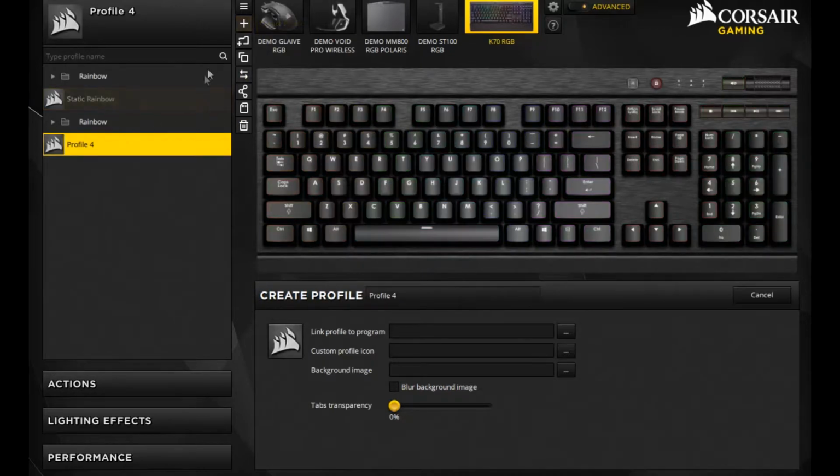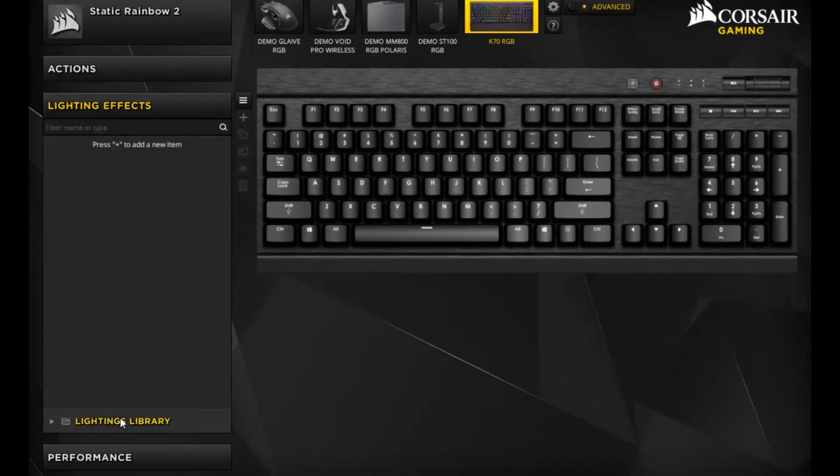So let's start off by making a profile. We're going to call it Static Rainbow 2 because I already have Static Rainbow that I actually really enjoy. Once you get your Static Rainbow 2, you're going to go to Lighting Effects, and we're going to create about... you can create as many effects as you want, but we need to make